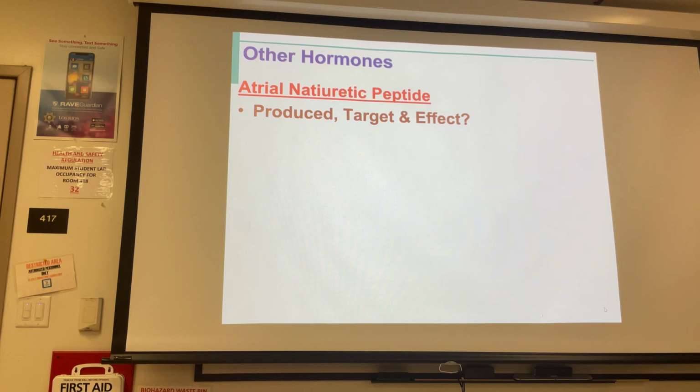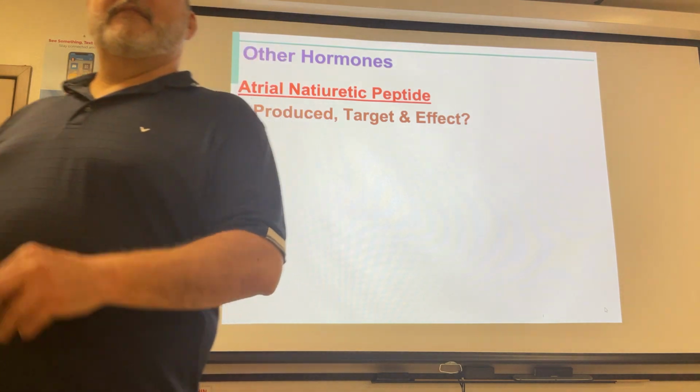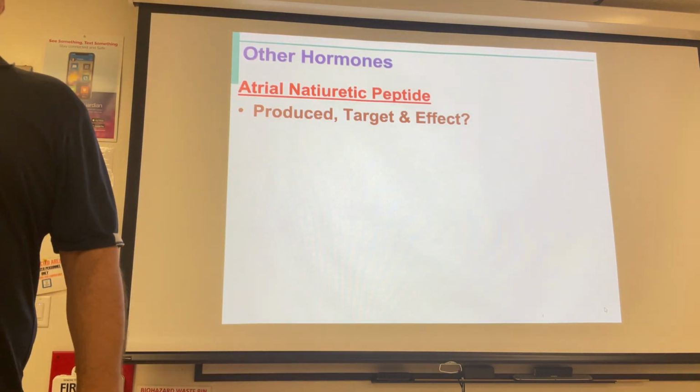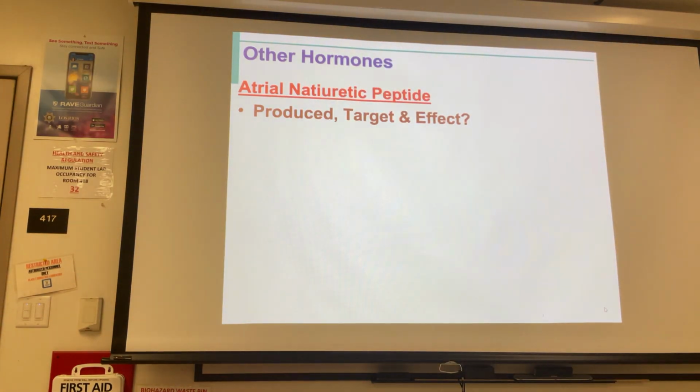Not a trick question. It's atrial natriuretic peptide. In the atrium, absolutely. When? Yeah, when the atria is stretched. What is the blood pressure supposed to be in the atria when the blood returns to it? 0. If the pressure is higher than 0, that stretches the atria, and the atria produces and releases atrial natriuretic